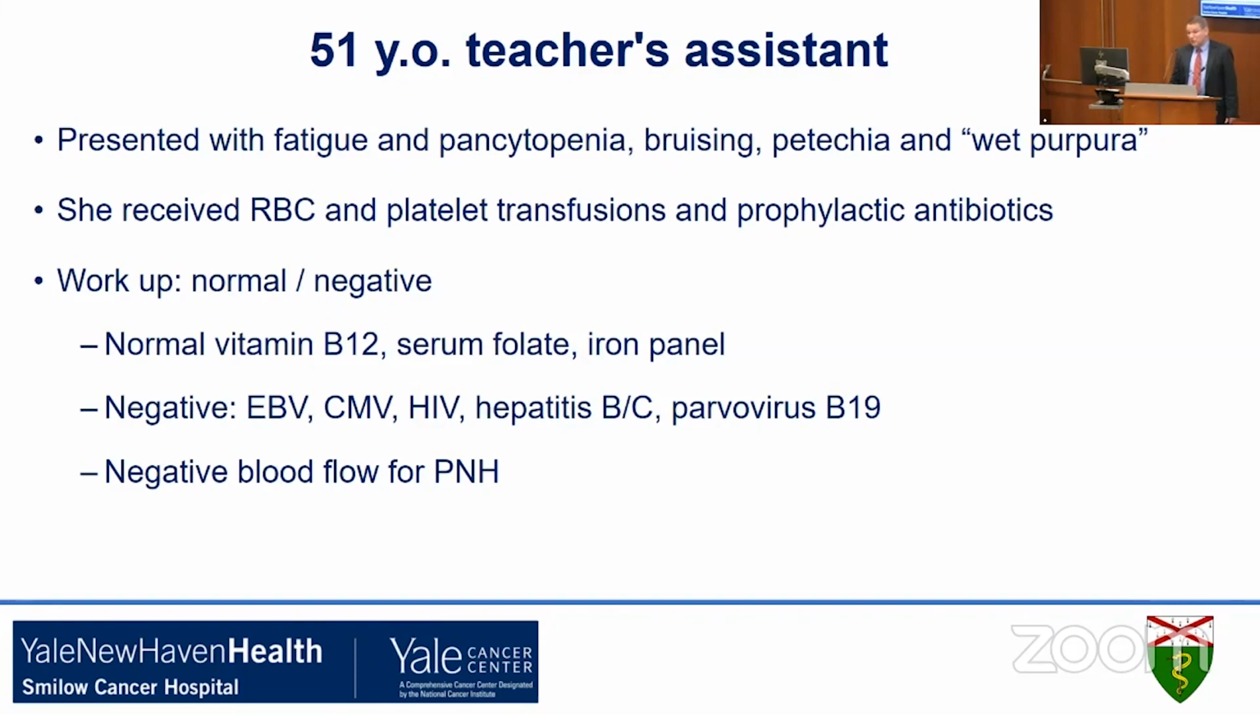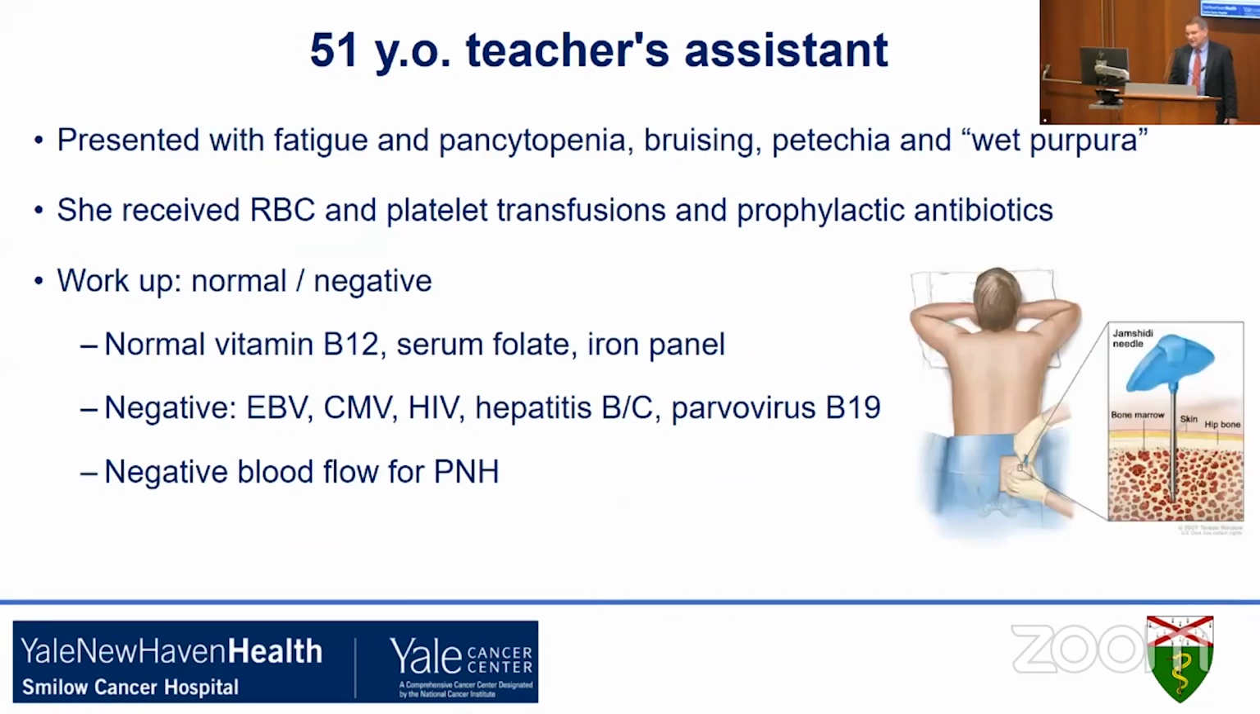So workup in general was negative. Whatever I've mentioned previously was done, including flow cytometry for PNH, which was unrevealing. So when this happens, the answer for pancytopenia, because all of those cells are made in the marrow, is that we have to proceed with bone marrow evaluation. This is the procedure we commonly do for many hematological disorders because most of them originate in the marrow,